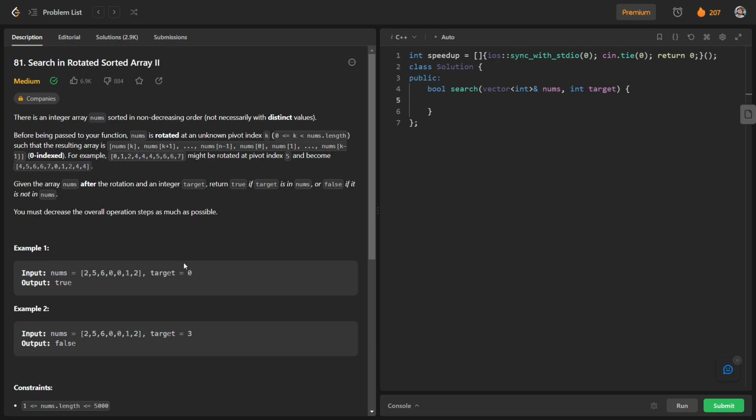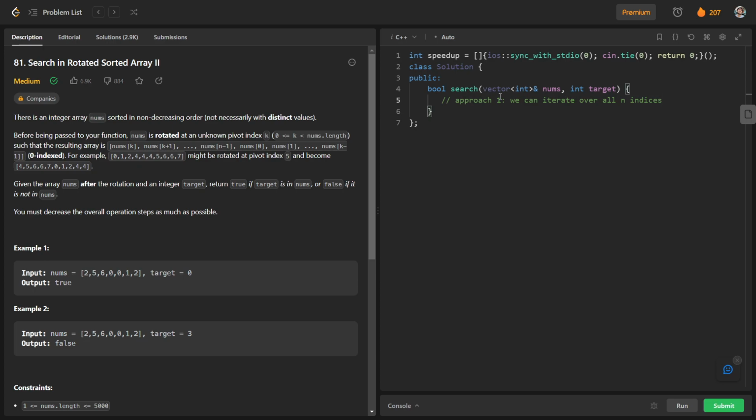So what we can do, we can just iterate over all n indices and check whether at any particular index we are having the target or not. So this can be an order n solution. So I will write here, approach 1: we can iterate over all n indices.